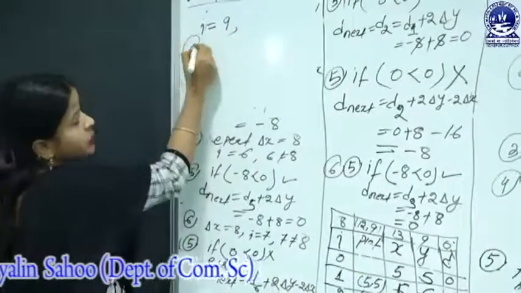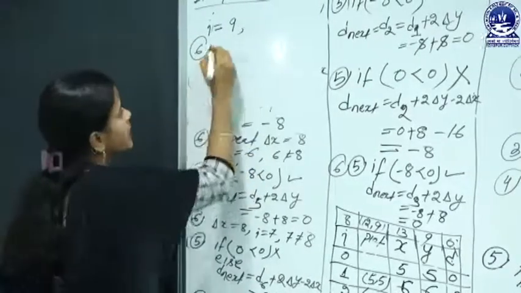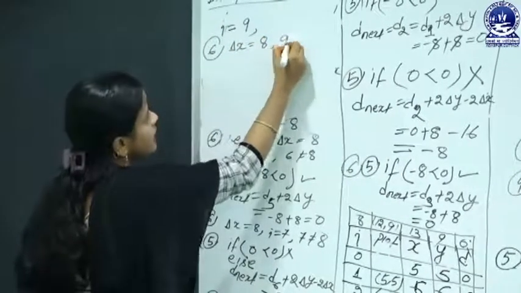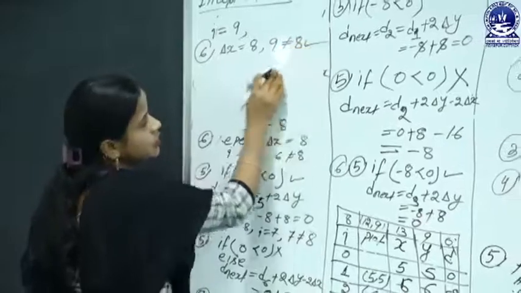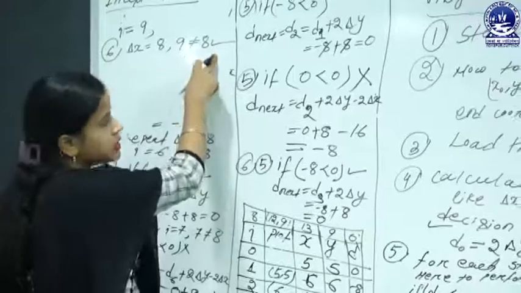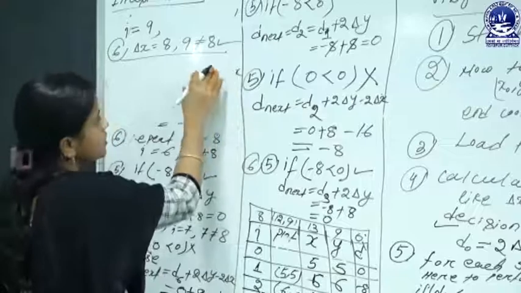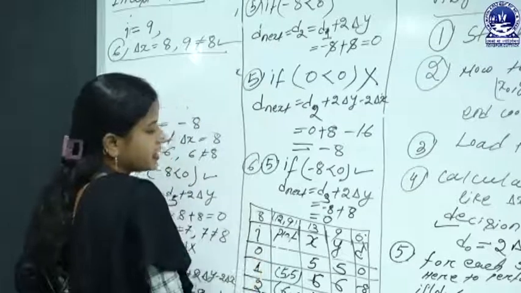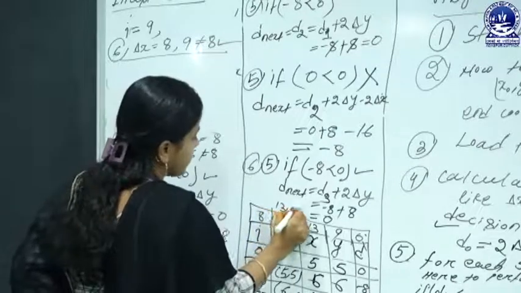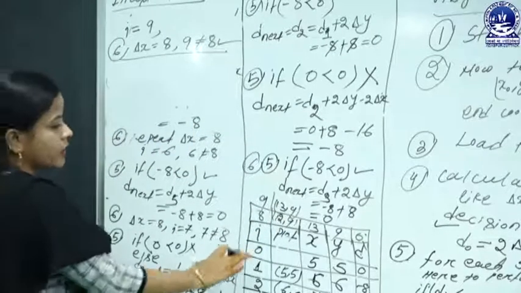But in case of step 6, the algorithm is to be executed delta x times. That means here delta x equal to 8. So now 9 is not equal to 8, the condition is true. As it is to be executed delta x times, here the program halts for plotting the last end coordinate point, that's your 13, 9. Okay, then after that it stops the algorithm execution.